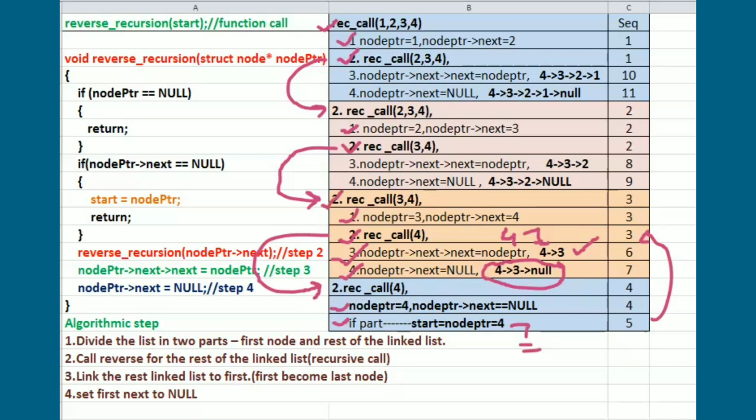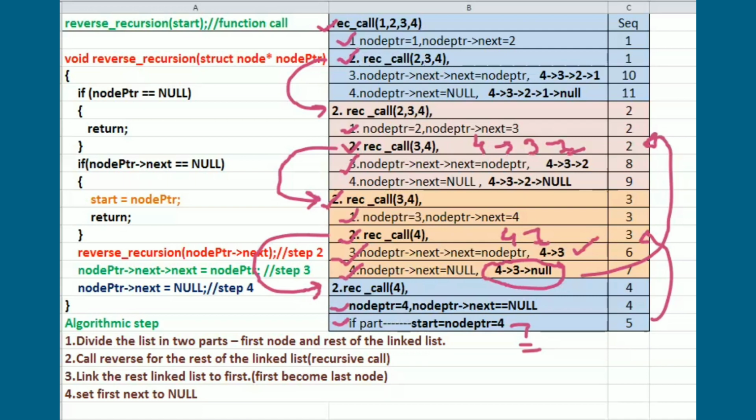That means your recursive call 3-4 is completed and this output will be given back to the recursive call of 2-3-4. So here you have the status like 4, after that the value 3, and after that null. Now step 3 is creating a link from the rest of the linked list to the first node of the linked list.